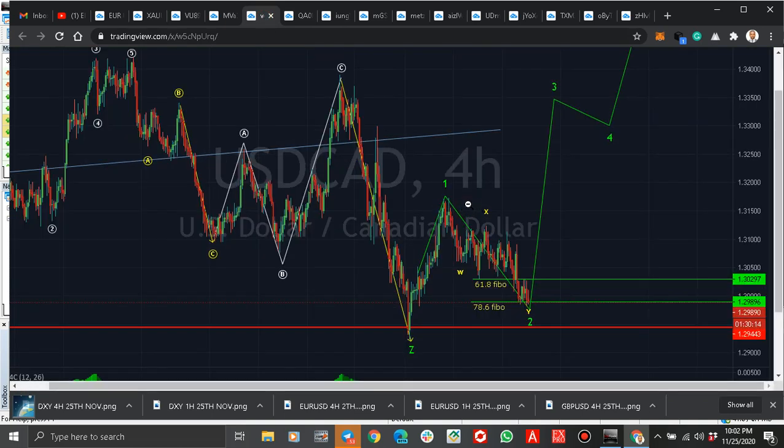USDCAD is like pounds yen. I don't see any reason to sell USDCAD at this very point. My idea is that this is wave 1, and wave 2 has completed at the 78.6 Fibo. Though to confirm this,